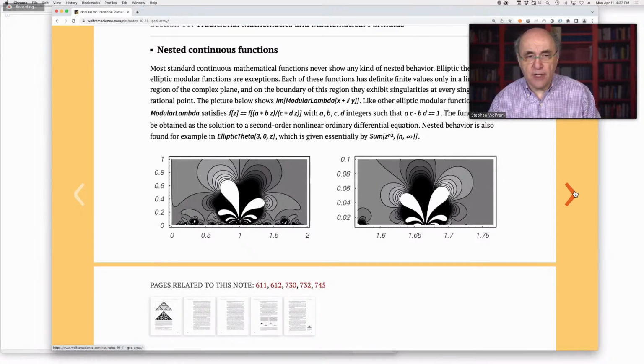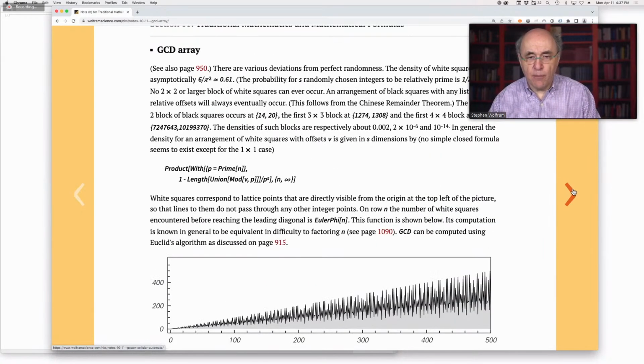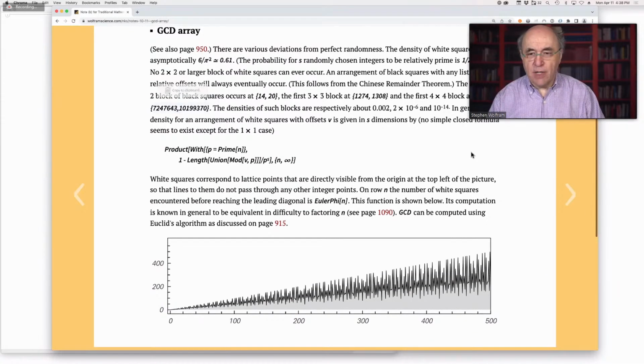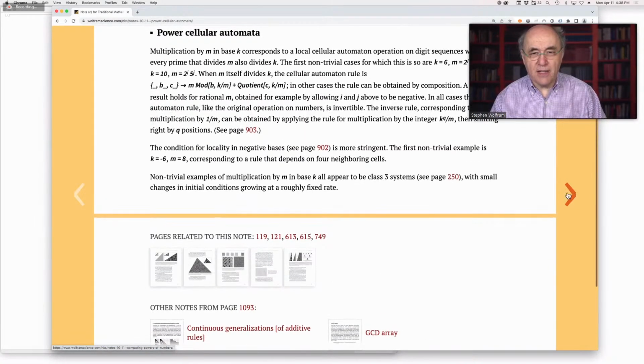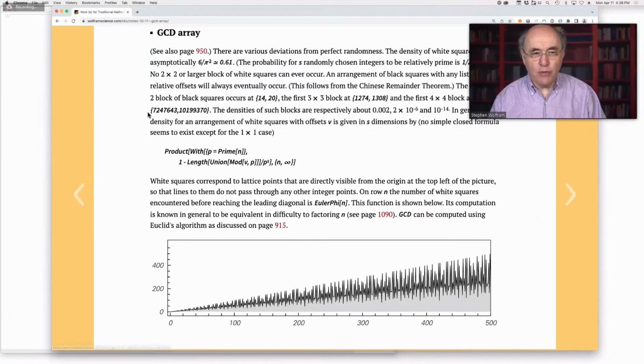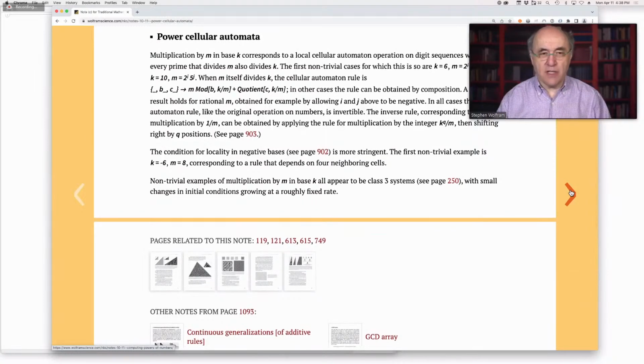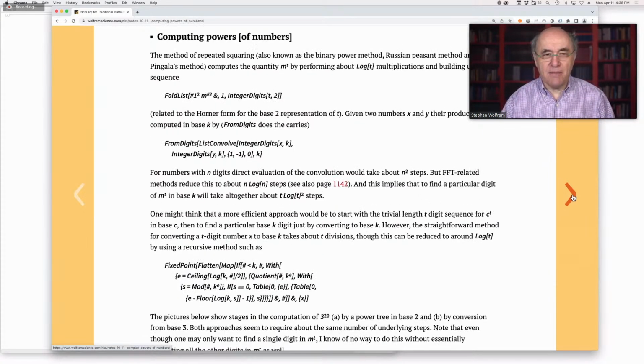More on nested functions, more on the structure of the GCD array, a bunch of results that were really hard to get, like certain aspects of randomness in that pattern that I studied empirically, really hard to get. They might be easier on a modern computer, but they were just a note in the NKS book here, but those numbers were really hard to get. They took a lot of CPU time to get, but I didn't have notes to the notes, so I didn't get to say things like that.